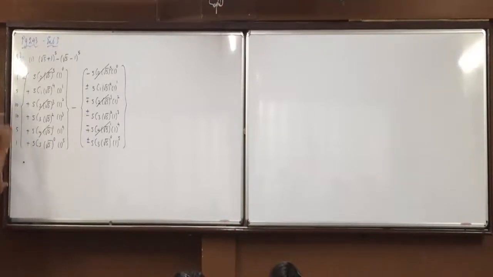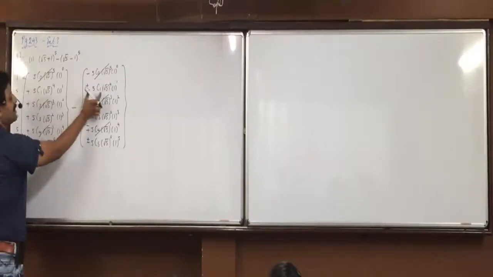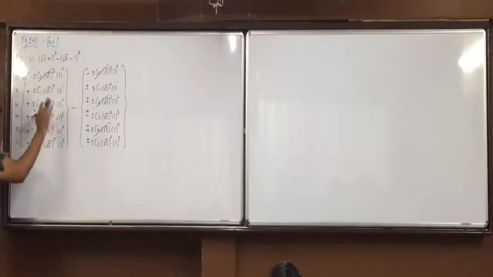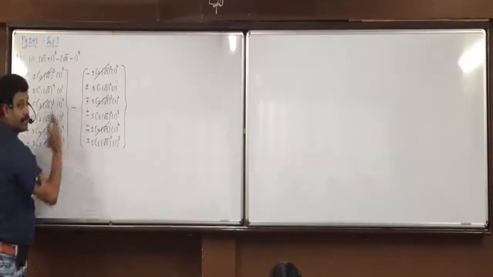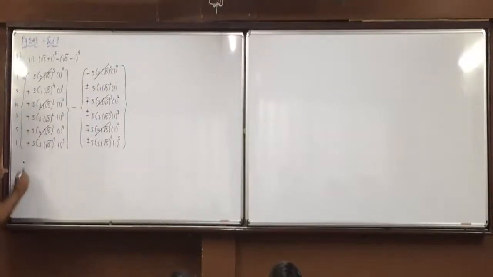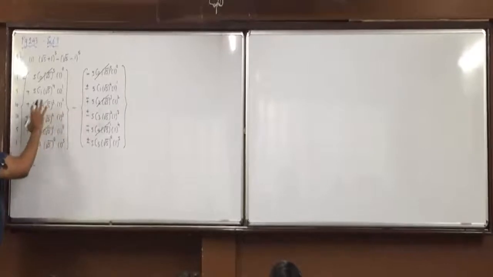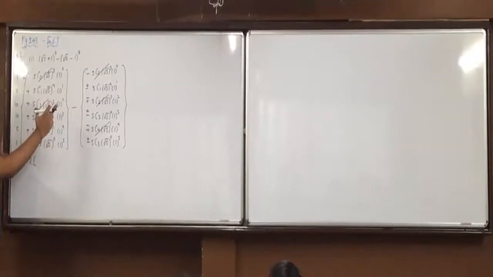Now whatever does not get cancelled, can I say it is appearing 2 times? For example, suppose this is x. Is this number the same on both the sides? What is x plus x? 2x. So can I write it as 2 multiplied by the non-cancelled numbers? Once again, understand this. Whatever is not cancelled is appearing how many times? 2 times. So 2 multiplied by non-cancelled numbers.